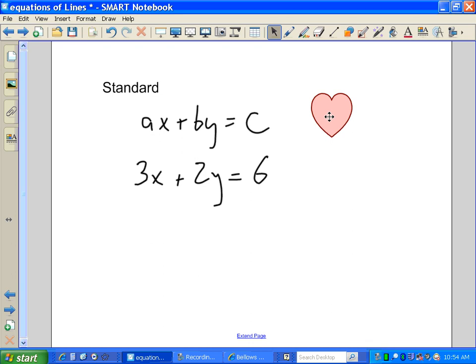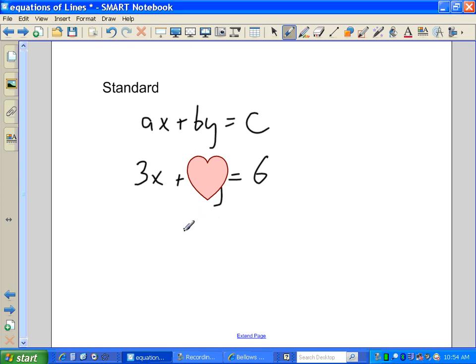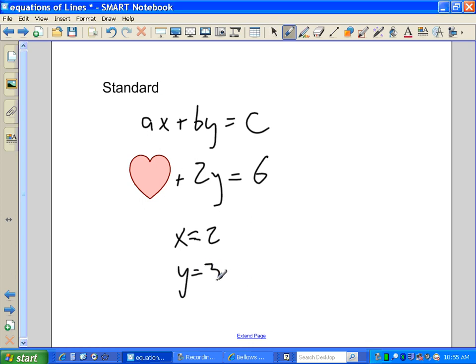So to find the x-intercept, I want to find out when y is 0. So, oops, y is gone. 3x plus 0 equals 6. So my x-intercept is 2. x equals 2. To get the y-intercept, I make x equal to 0, 2y equals 6, y equals 3,